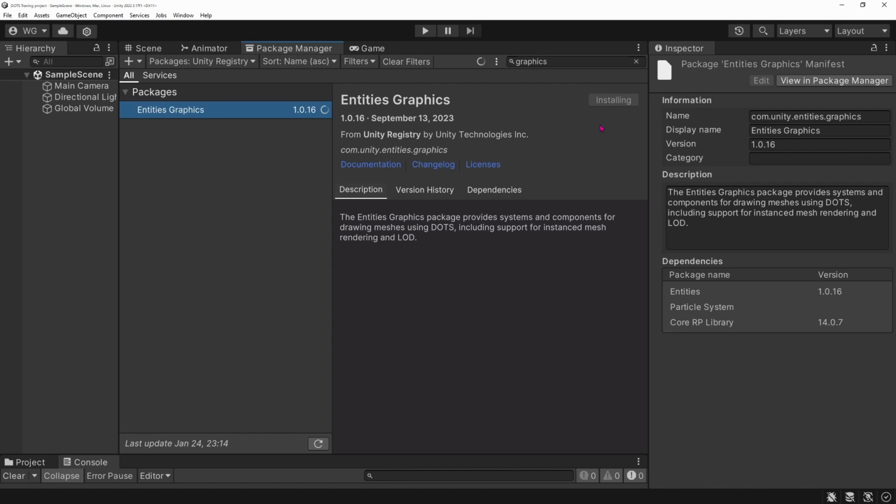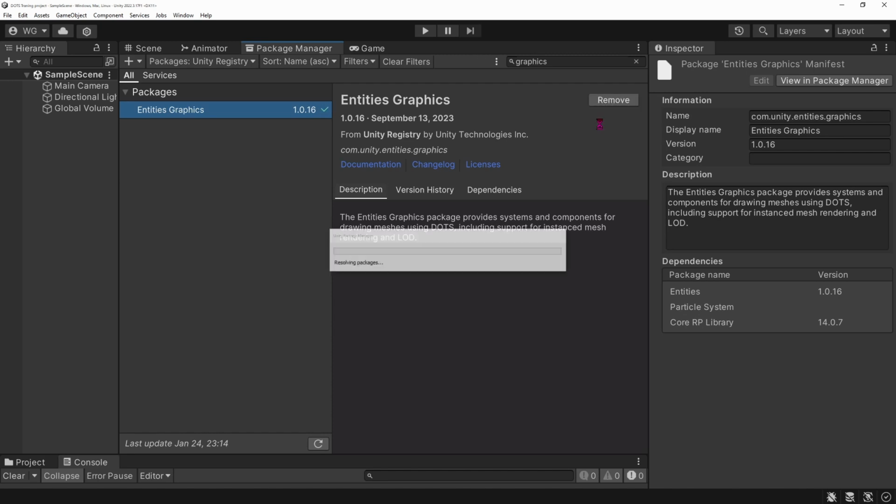So basically this package handles all the communication between the ECS world and the rendering pipeline, either Universal Render Pipeline, HDRP, or even the built-in pipeline. It also has all the dependencies to other DOTS packages.